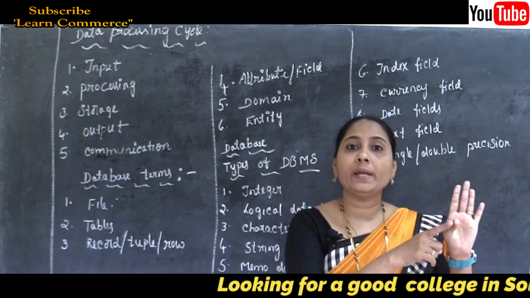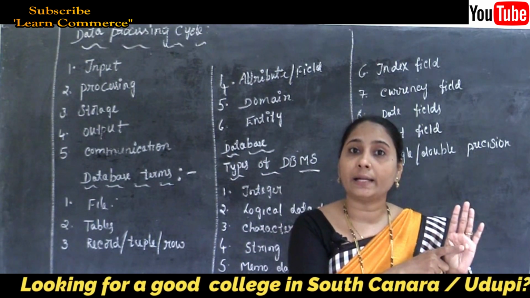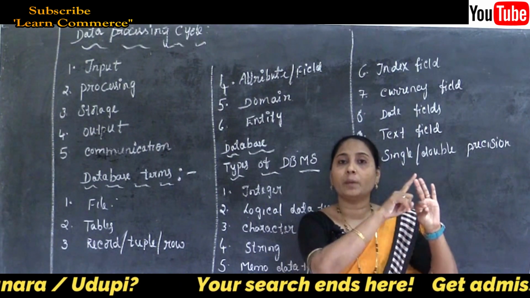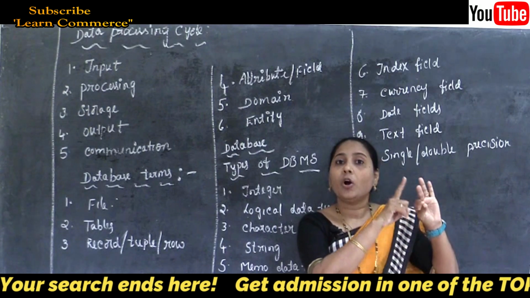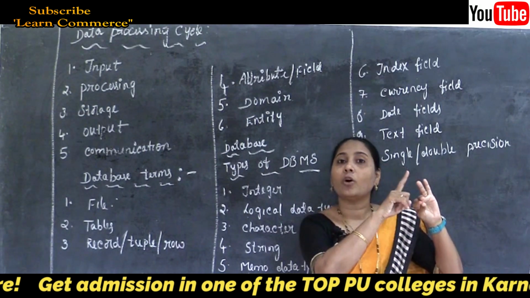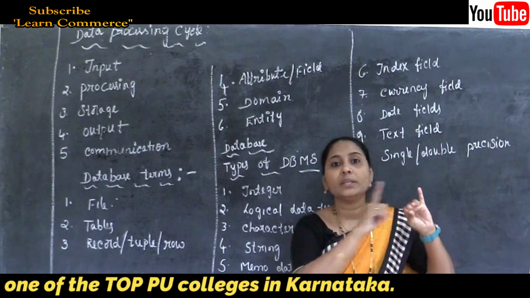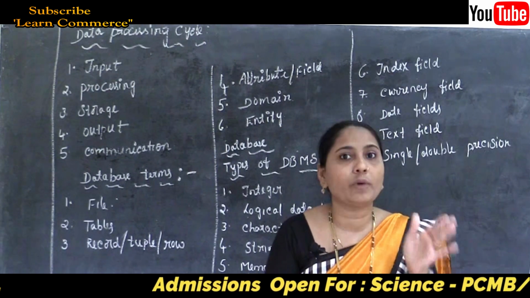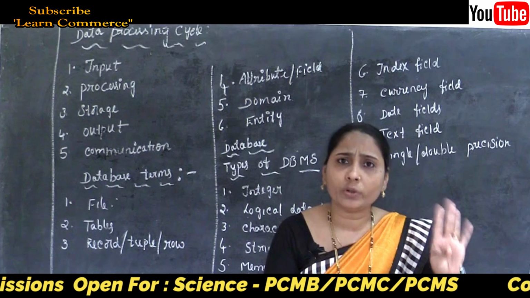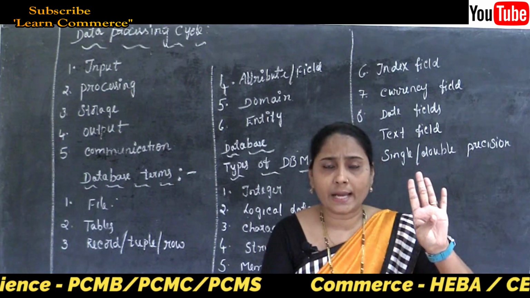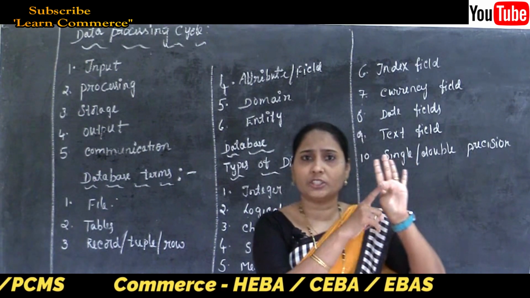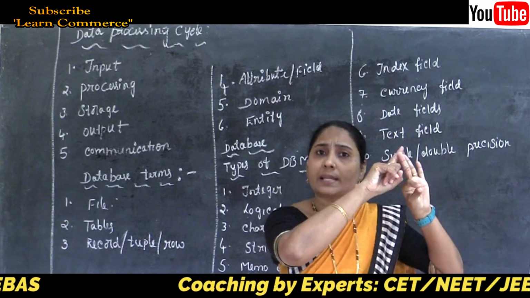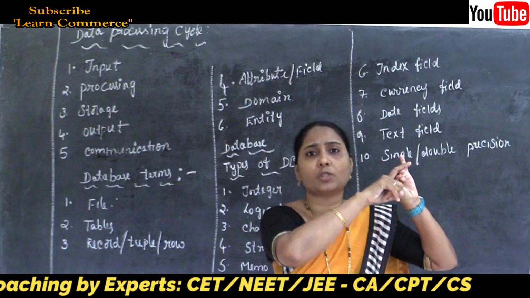Correct here? Maybe if you are going to collect the database like a student, then register number, name of the student, or the address of the student, or phone number. So each and everything we are going to collect line by line, one after another. But totally here there are 4 lines. I said the 4 lines, that is the register number, student name, maybe the class, or maybe the address of the student.